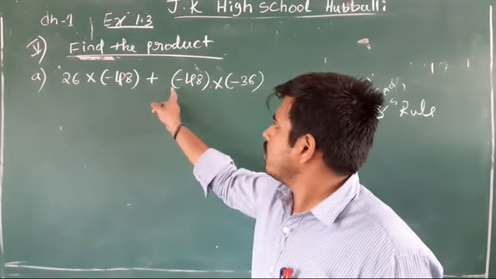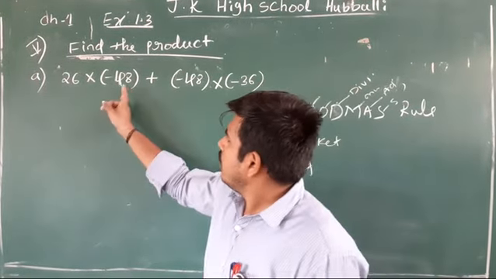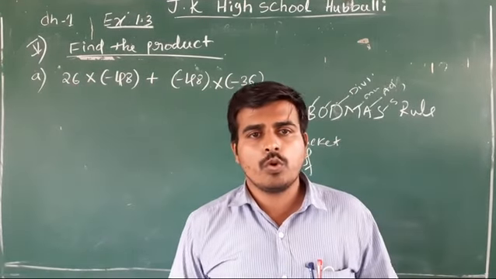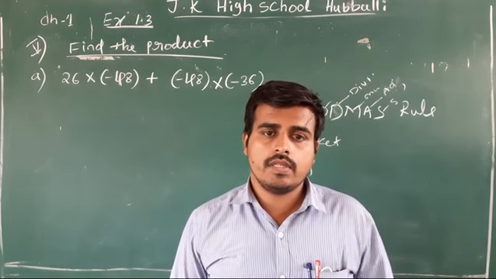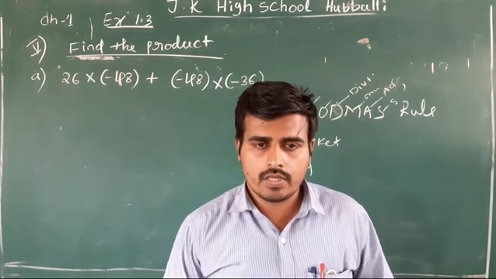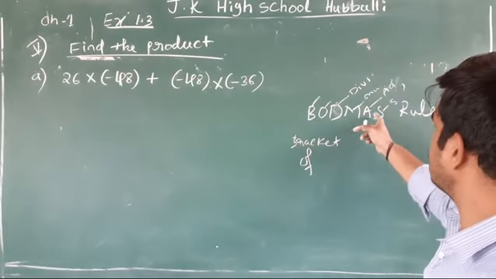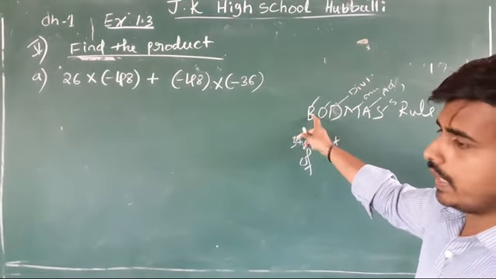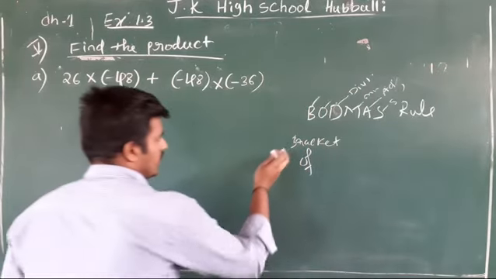If you do addition first and then multiply, you will get a different answer. If you multiply first and then add, you will get a different answer. Which one is correct? In both ways you are doing the calculation correctly, but which operation you do first determines the answer. Therefore, there is one rule which we all mathematicians follow, known as bracket of division, multiplication, addition, subtraction. In short, we call it the BODMAS rule. Means first you need to open the bracket. First preference is always given to the bracket. I will just take an example for it.